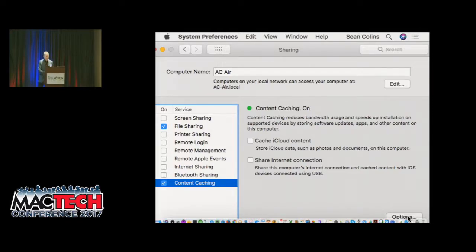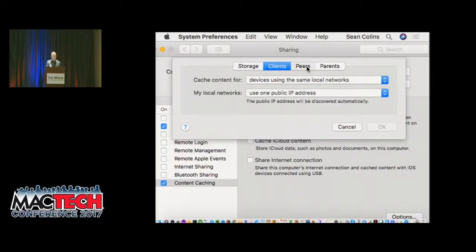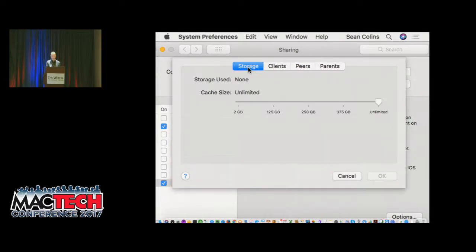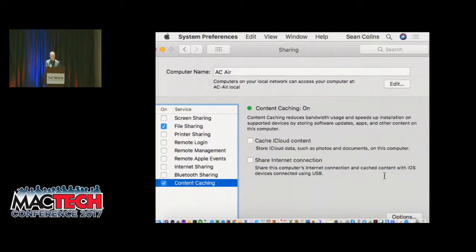There we go. So, press options, and if you have nothing else, if you have no advanced features configured, you basically get this storage tab, and it's a sort of one-tab wonder. If you want to look at your own systems, you'll see that. The way that you get to the more advanced features is, of course, the way that you get to advanced features in